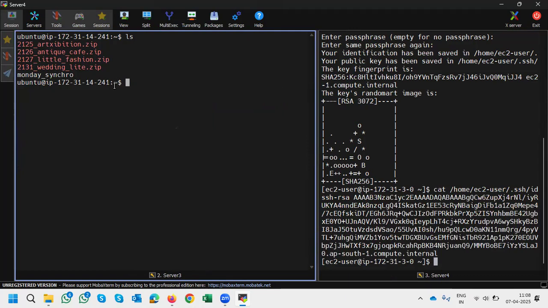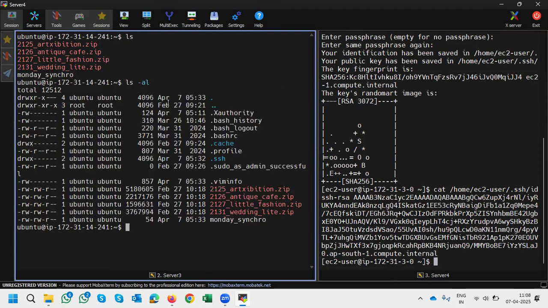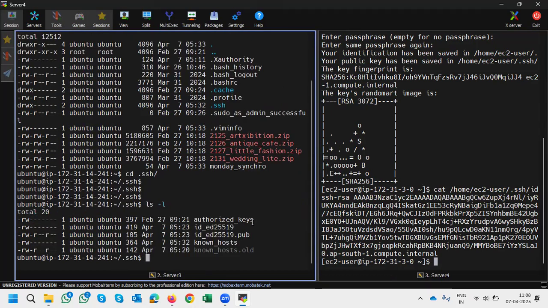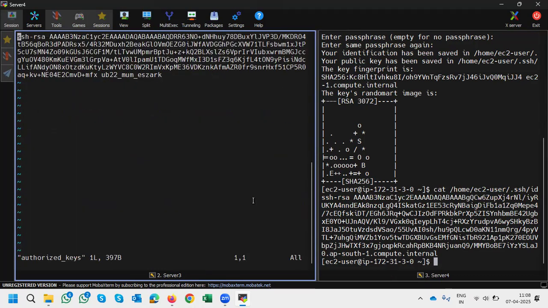And in the same default location only, I have to run ls space -al. I see .ssh here, so I'll go into the .ssh directory. Here I see authorized_keys is there already. So I'll go into that authorized_keys. Already some content is there. Now we should not delete or modify that content. So you have to use